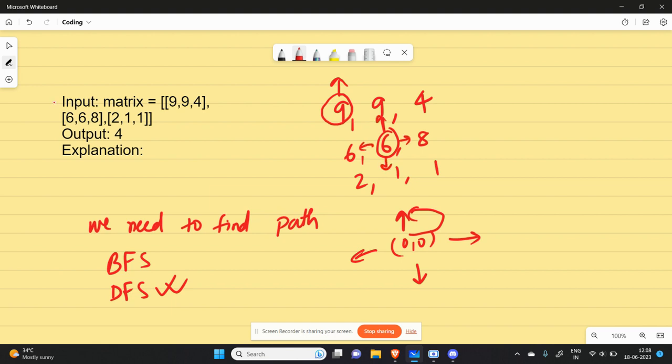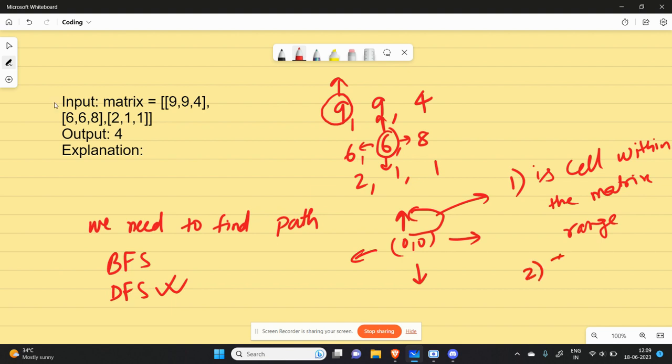So while checking whether I can visit the next cell, we check two constraints. First, is the cell within the matrix range. And second, the next cell value